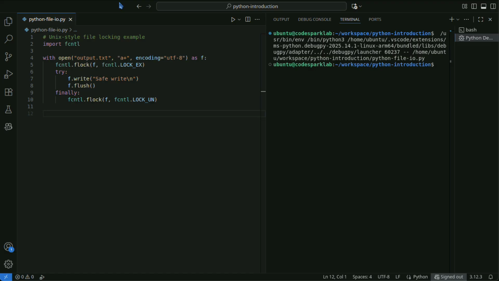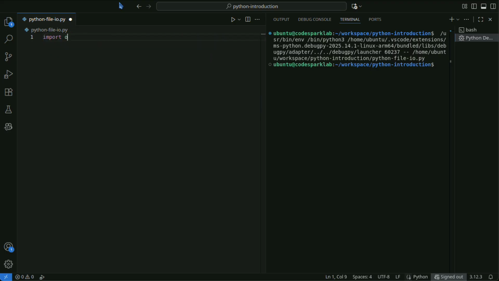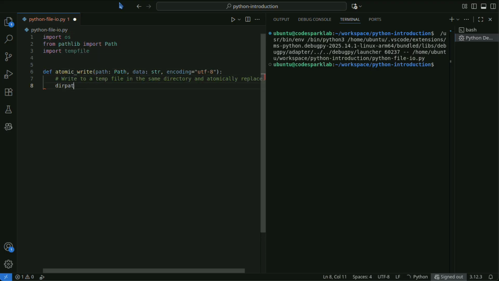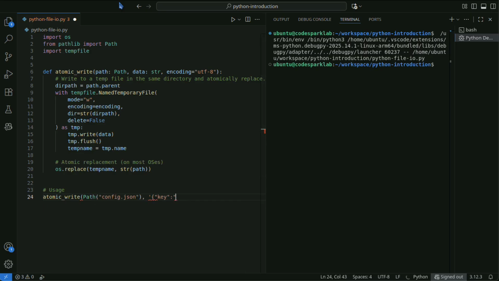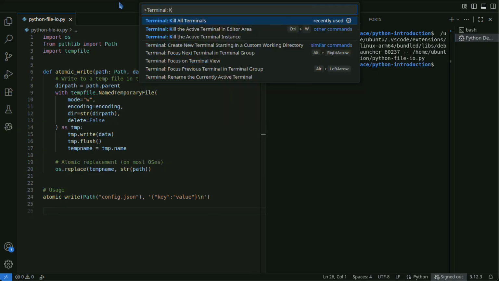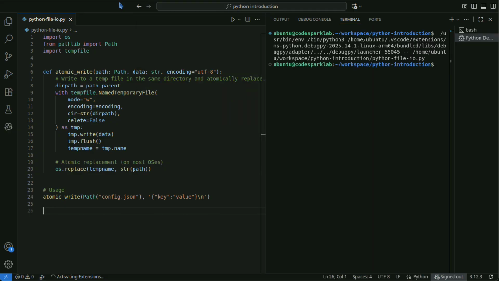Writing to a temporary file and then replacing avoids corruption if a crash occurs. os.replace performs an atomic replacement within the same file system. Note that atomicity is not guaranteed across different mounts.